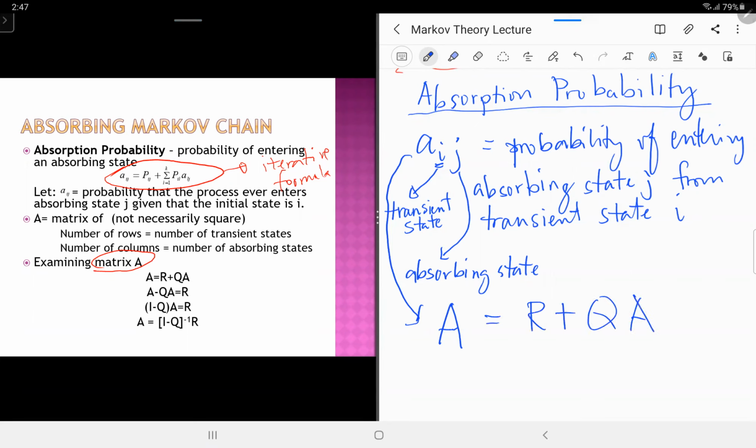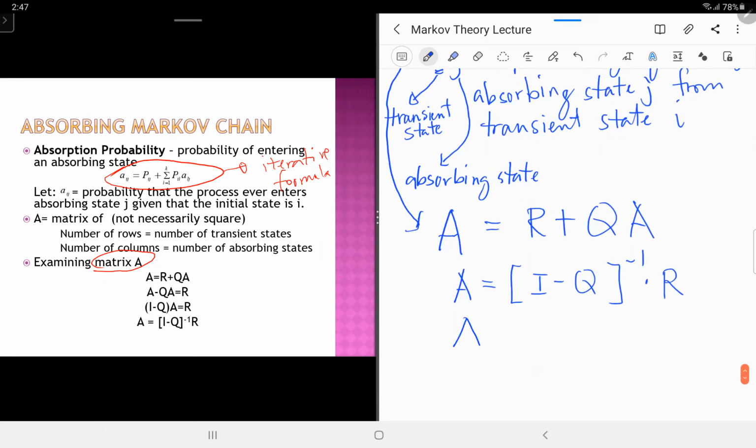And if you do the manipulations, putting QA on the left side, retaining R on the right side, you will be able to come up, just like what you see on your PowerPoint, that your matrix A can be calculated by this formula, I minus Q inverse times R. Okay, but we know that I minus Q inverse in our previous topic is actually your matrix E. Okay, your matrix E. And therefore we just multiply matrix E by